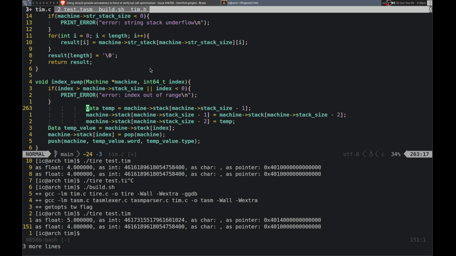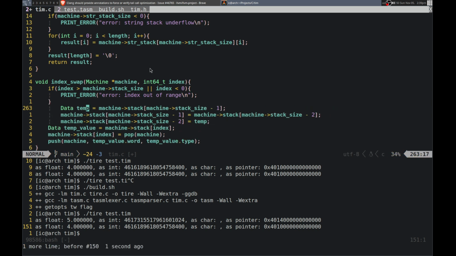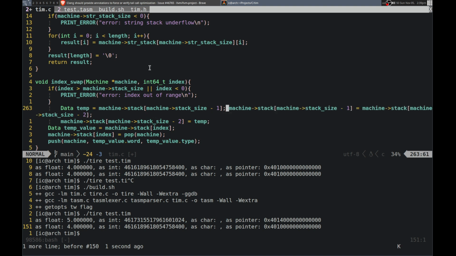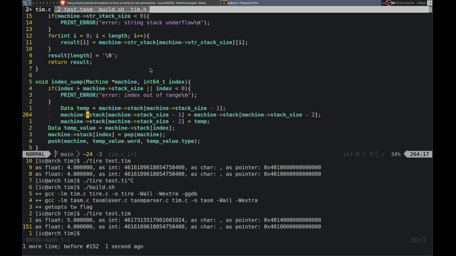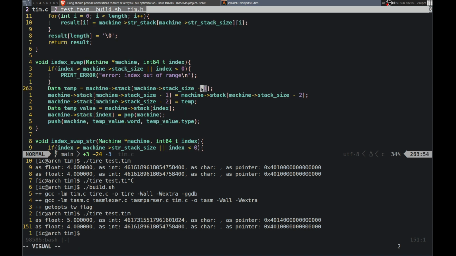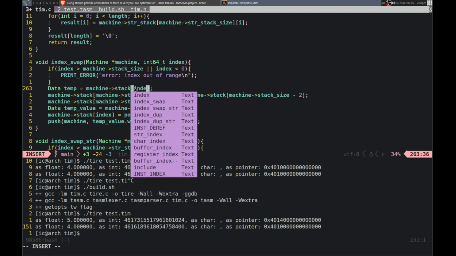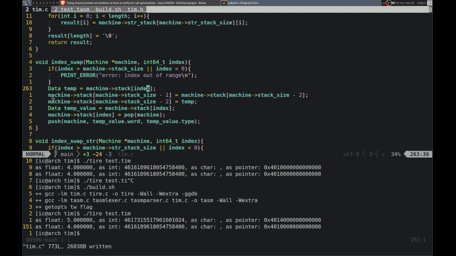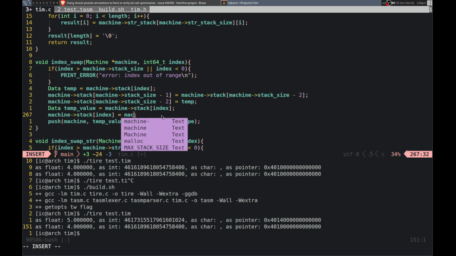So let me grab this. All right. So I basically want to do the same thing, but instead look at the index. And then yeah, that's basically the same thing that we have here. Equals, so instead of this we want it to be the top of the machine. So machine stack